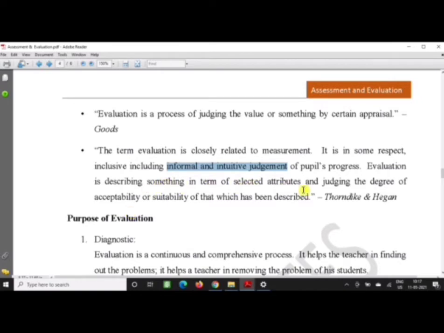It describes something in terms of selected attributes and judges the degree of acceptability or suitability of that which has been described. So based on the evaluation, you as a teacher judge a child's progress, and you accept the suitability.